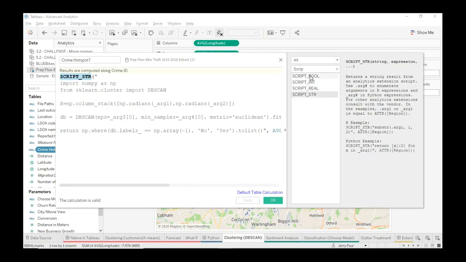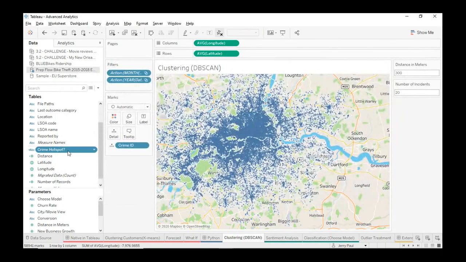If you were to write a piece of code in which you integrate with Python or R, you need to put all of that under any of these, and that's how it's going to work. Okay. So having done this, I have the calculated field with me. All I have to do right now is put it onto my color shelf,